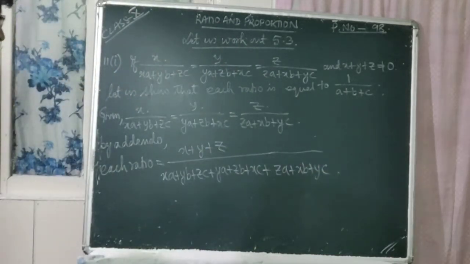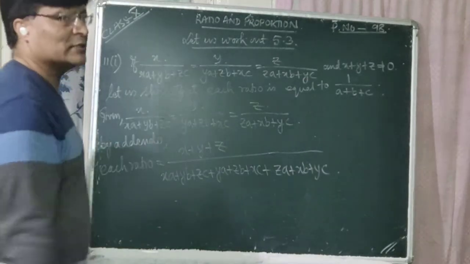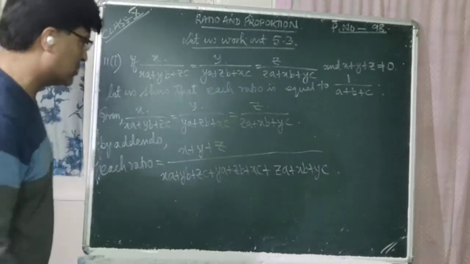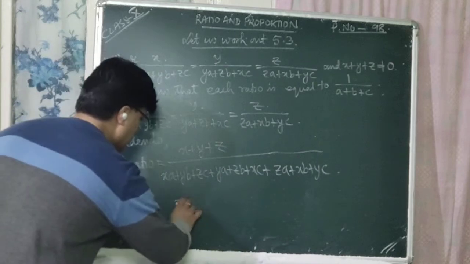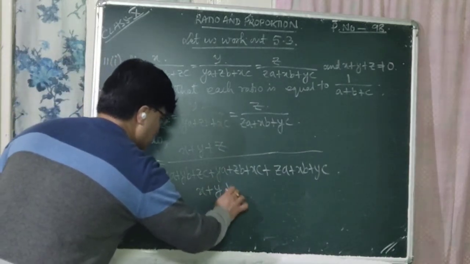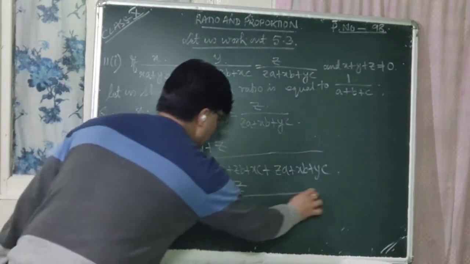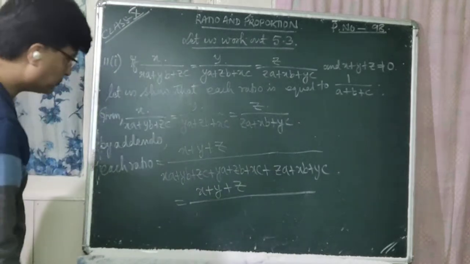I think you have understood it. We are adding the numerators and we are adding the denominators. So now let us simplify it. It is equal to x plus y plus z, this whole divided by